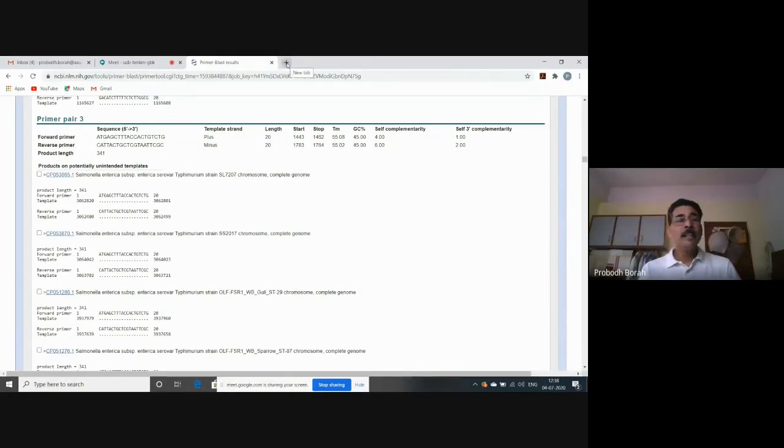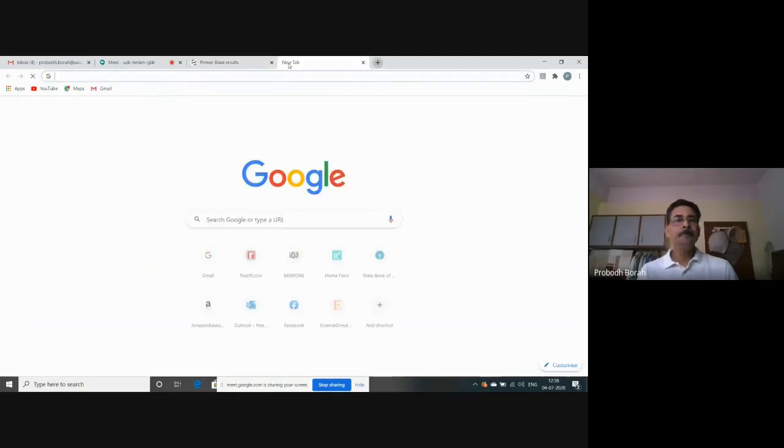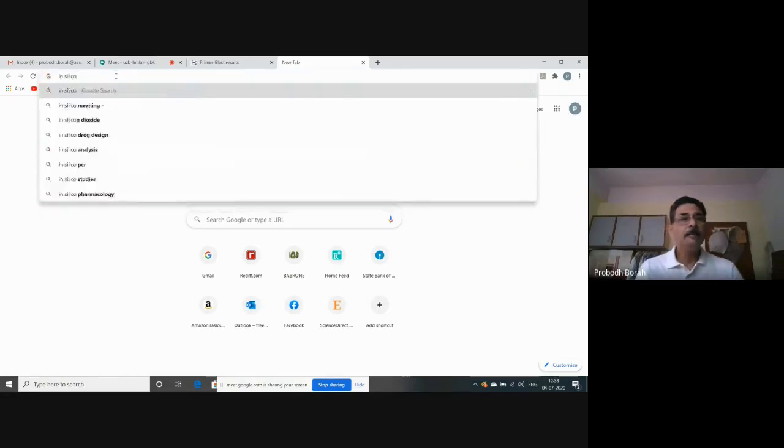So we'll go for in silico PCR first for testing the sensitivity and specificity of the primer's design, so that before taking into the actual lab experiment, we can be further sure that these primer pairs will be successfully amplifying our target sequence. So for that, we'll go for another tab in the browser. Then this time we'll go for in silico PCR.